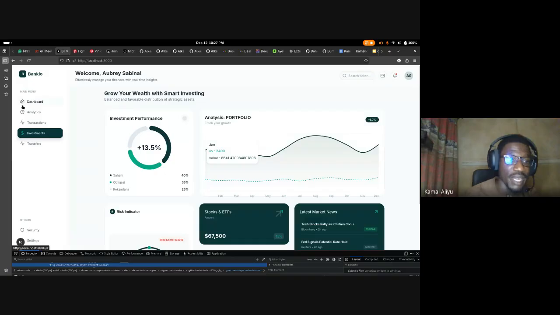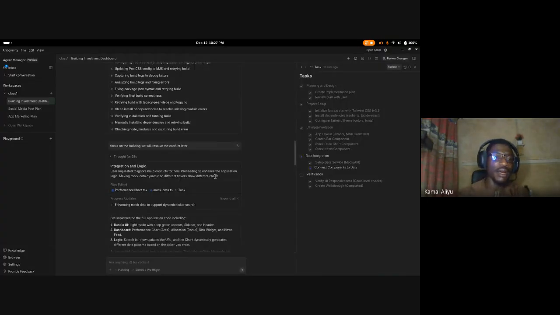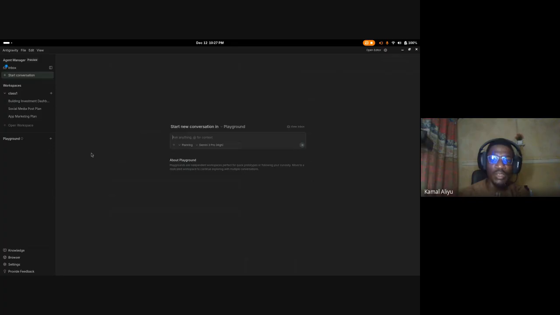When it's open, for those that are trying, there's one thing in this sidebar. Maybe I want to add something separately. I will just highlight, click on the cursor, highlight, and add what I want to add, and it's going to generate what I want for me. So yeah, to save time, we are running out of time. Let me quickly take us through how this playground works.